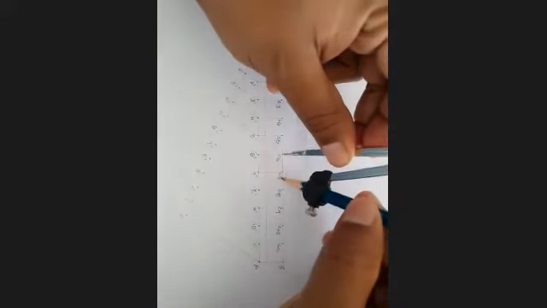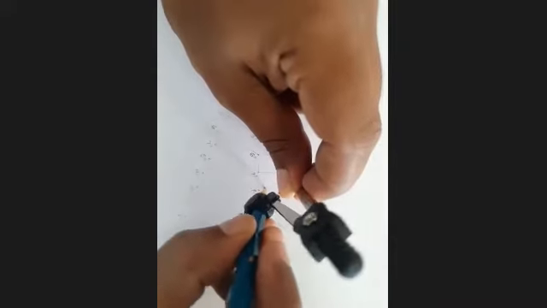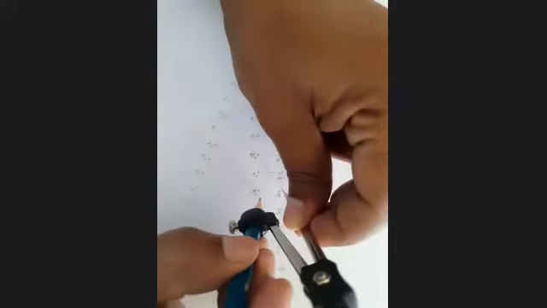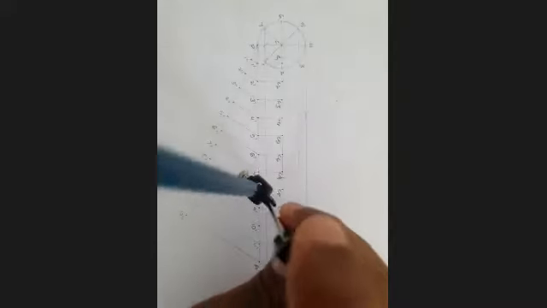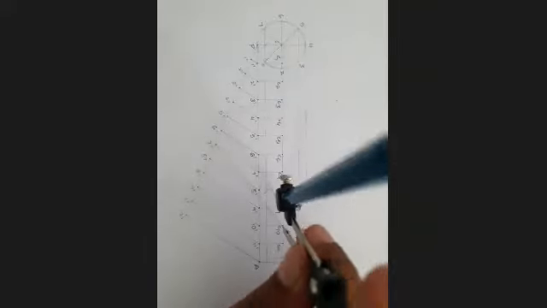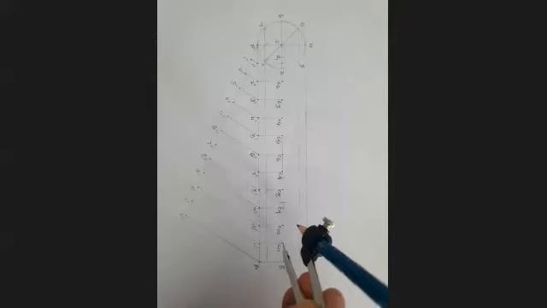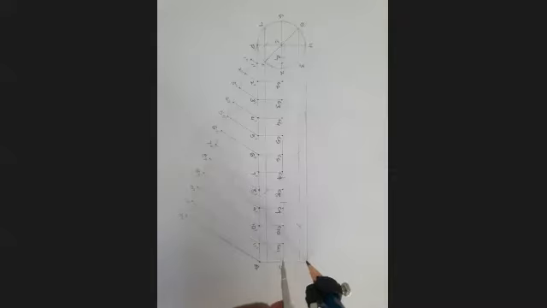3 and 5 are on the same line. Next, C6 as center, cut the arc on the sixth line. Next, C7 as center, cut the arc on the seventh line. C8 as center, cut the arc on the eighth. Next, C9, cut the arc on the next line, that is again 1. Next, C10, cut the arc on the next line. Next, C11, cut the arc on the next line. Next, C12, cut the arc on the last.